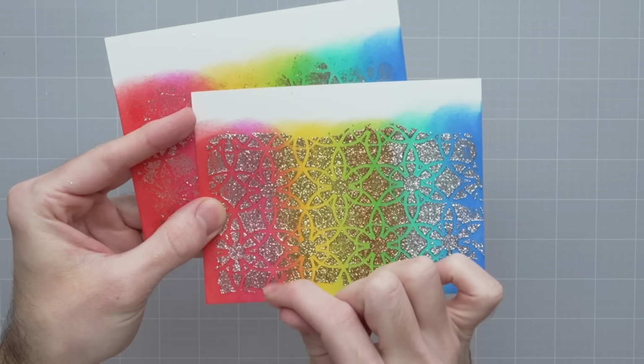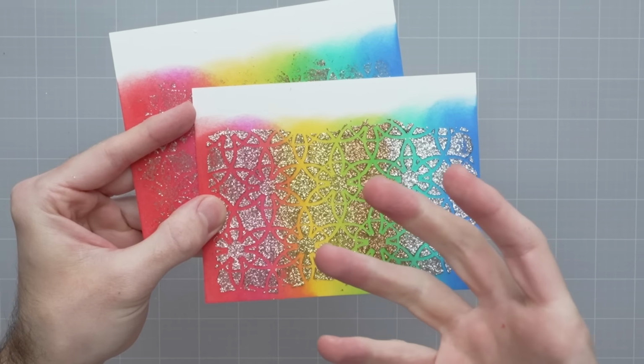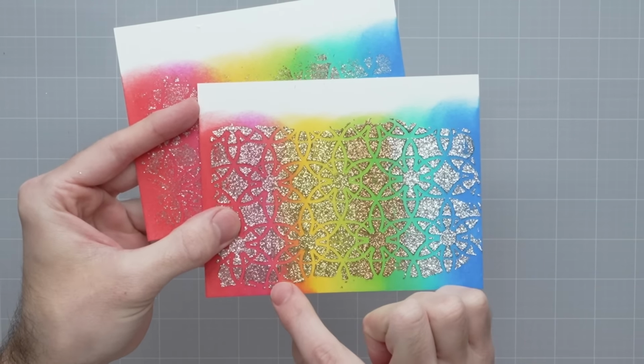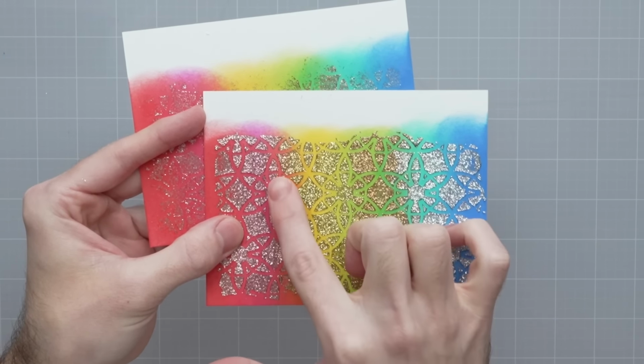You can even see, since it's that lighter, pearlier color, some of that color from underneath got seeped up into it, and it turned into more of a pinky color here. Because the Simon Hurley ink is water reactive, and there's liquid inside of the paste, it seeped up that color, which I thought was kind of cool. And because of that, where it seeped up the ink, I thought, what if I actually tried to